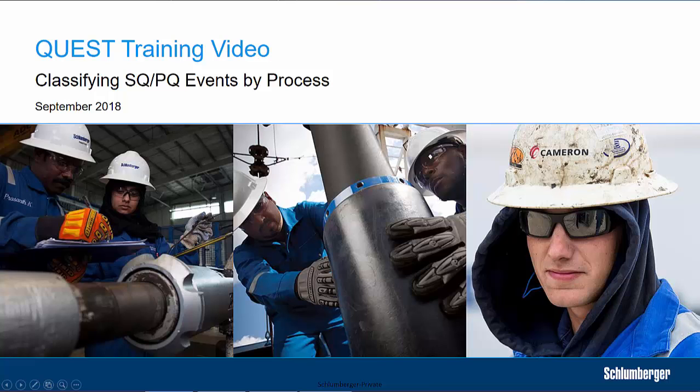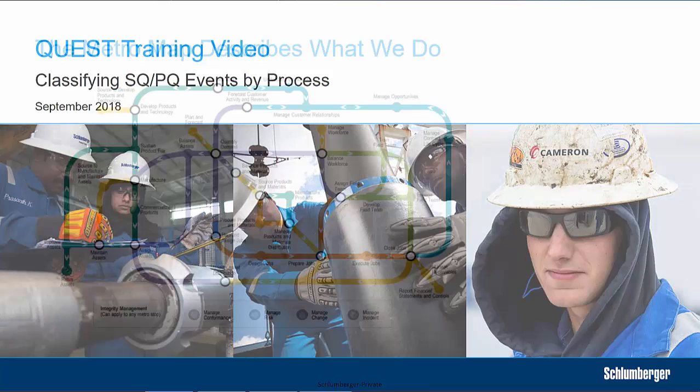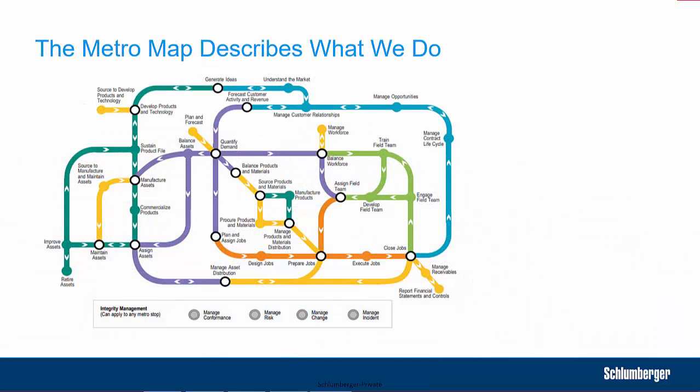With the introduction of the new way of working and well-defined operating models, we now understand how work is performed in the form of processes. At the highest level, these processes are organized in a metro map. The metro map shows us metro stops that define the interfaces between functions and the relationship between multiple processes. This training video will familiarize you with these terms and show you how to assign them when classifying a service